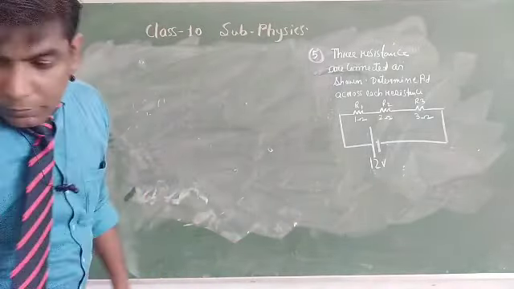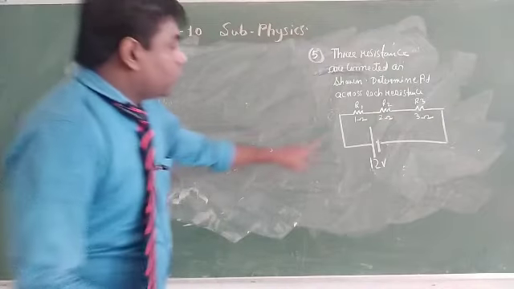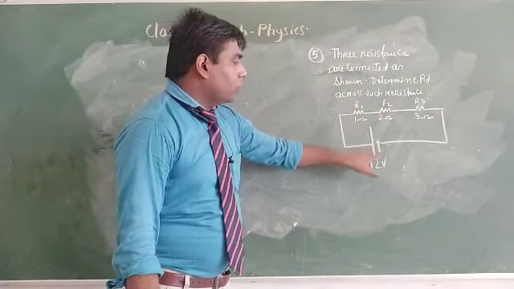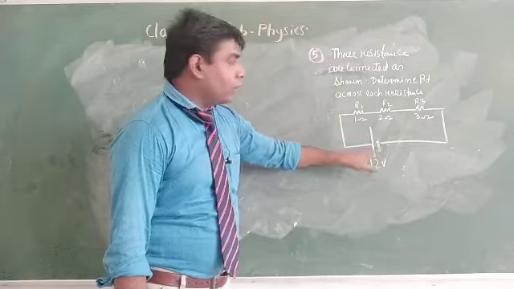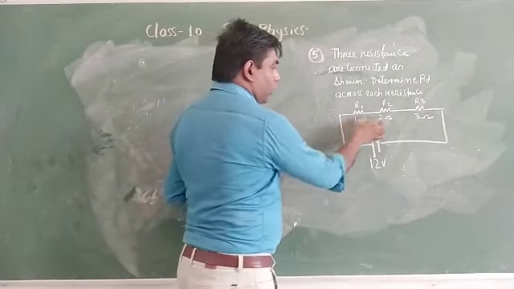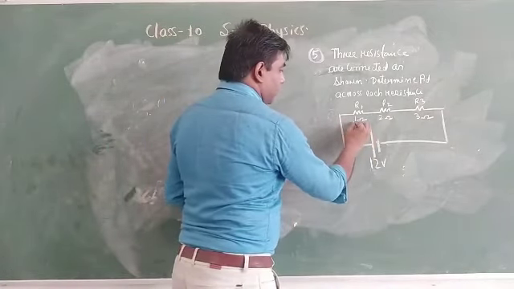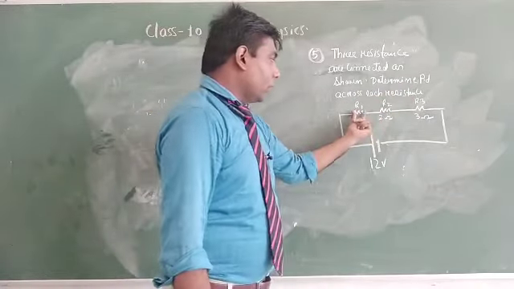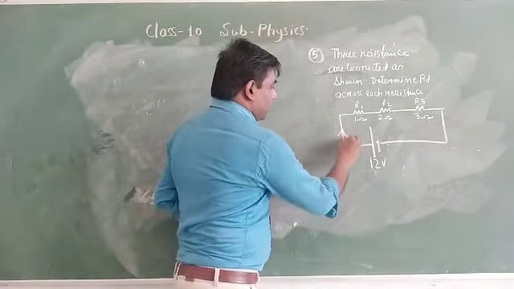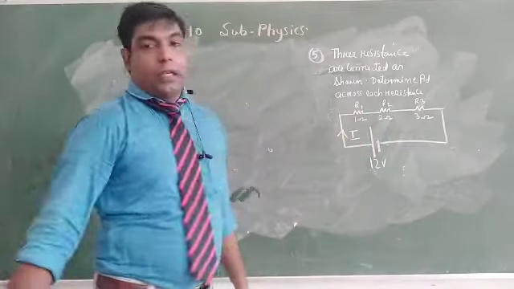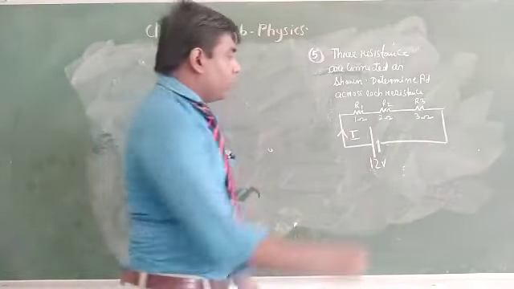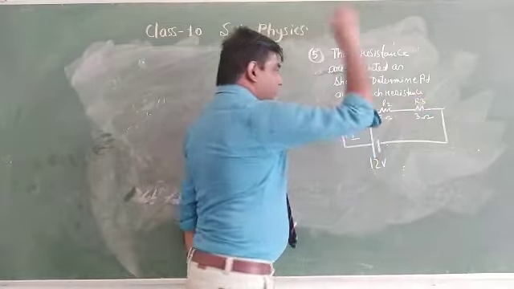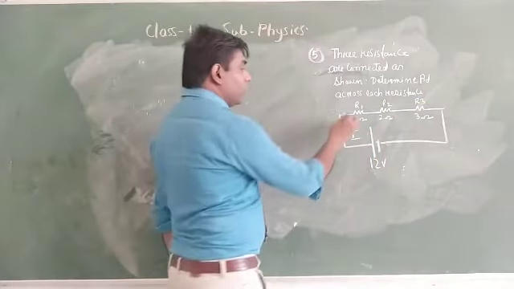Second, see what is it? Three resistors are connected as shown. Voltage applied is how much? 12 volt. They are asking, it is 1 ohm, 2 ohm, 3 ohm. They are asking potential difference. PD is potential difference across each resistance. So see here. In a series circuit, current is how much? I. Means here also I, here also I. Right? Let us say here.